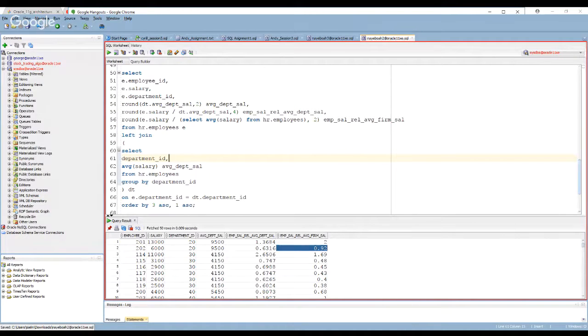Let me just share the SQL developer desktop. Screen sharing, stop, and now let me present just the SQL developer. Okay. Yeah, 15 seconds.